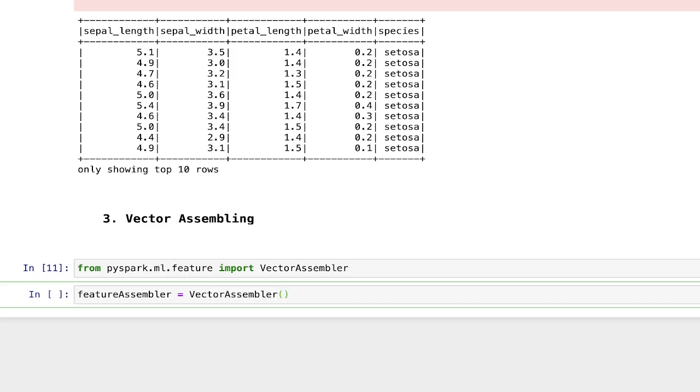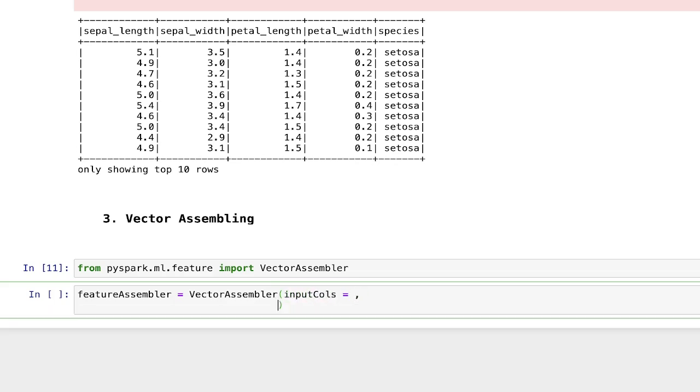In this, we have to pass two parameters. The very first parameter is input columns and the second parameter here is output column. Be very clear with this. When you are passing input columns, the name of the parameter is inputCols. But when you are actually putting the output column name here, it's just outputCol, because you will be generating a single vector column out of multiple input columns. Fine. Also, beware of the fact that while passing the columns in the input columns parameter, the columns need to be in the list format. You cannot just pass any string format or any random column names. They need to be in the list format.